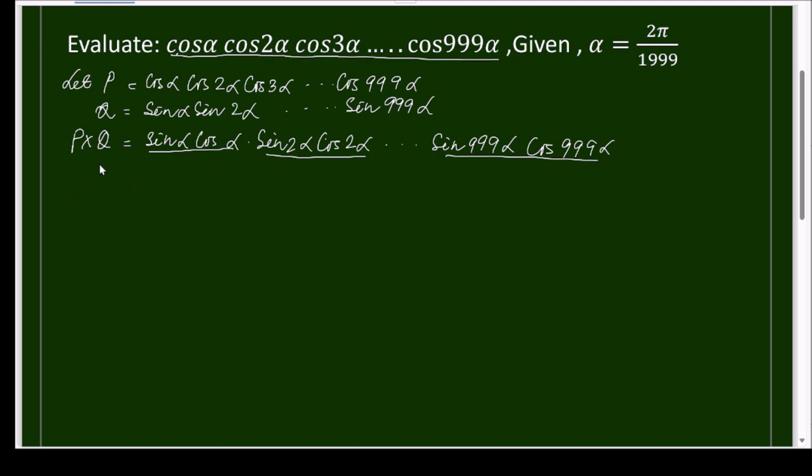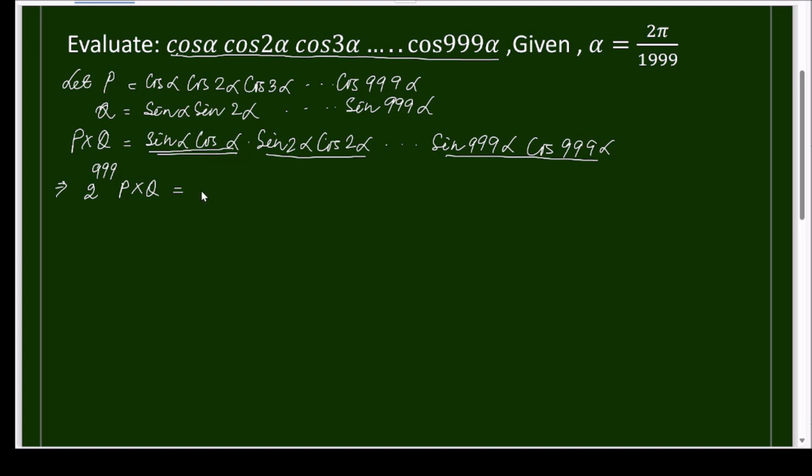So how many terms are there? There are 999 terms. So I have to multiply 999 times. So ultimately the left side will become 2 to the power 999 times P times Q is equal to,